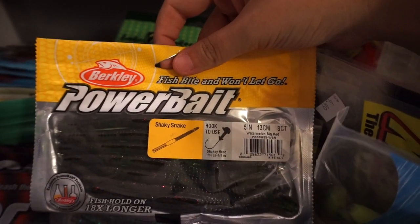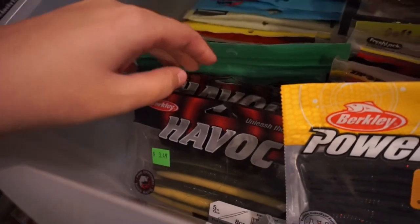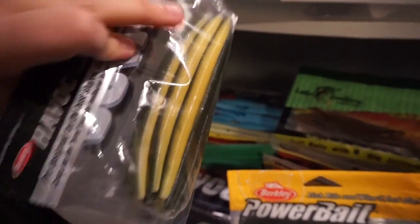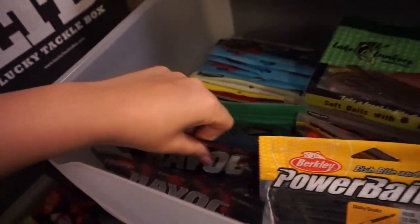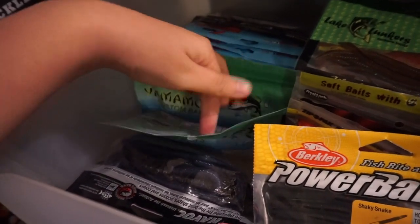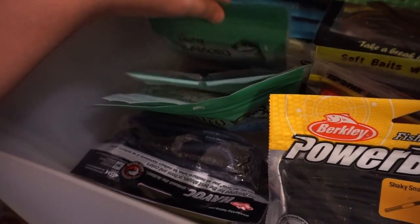And then little shuffle baits. Over here we have stick baits. So these are not Virgo Habits. These are Gary Yamamoto's, but they're in the pack. These are also Gary Yamamoto's. I got Gary Yamamoto Senkos, all different colors, the little ones,